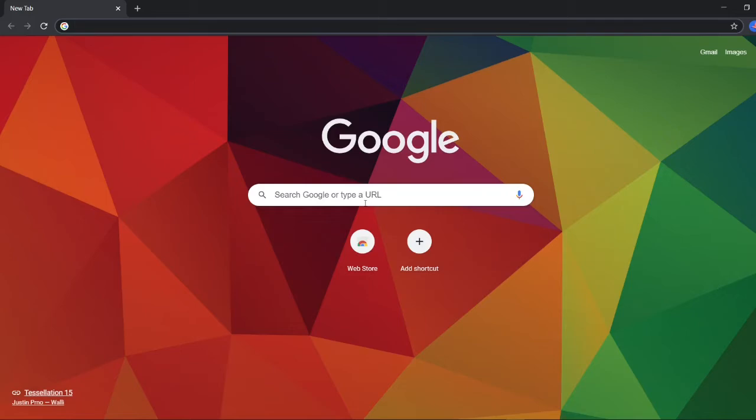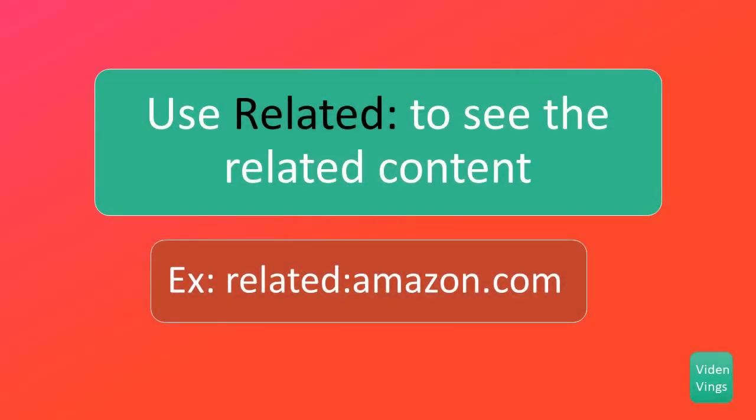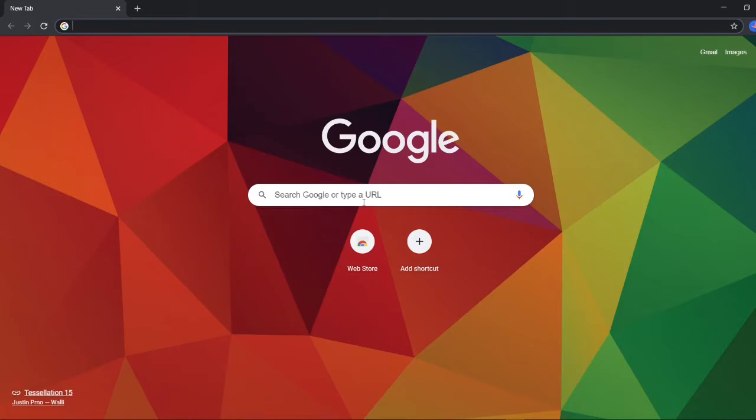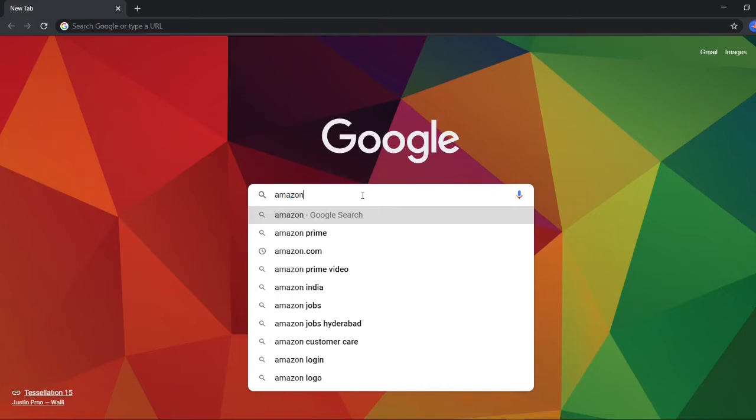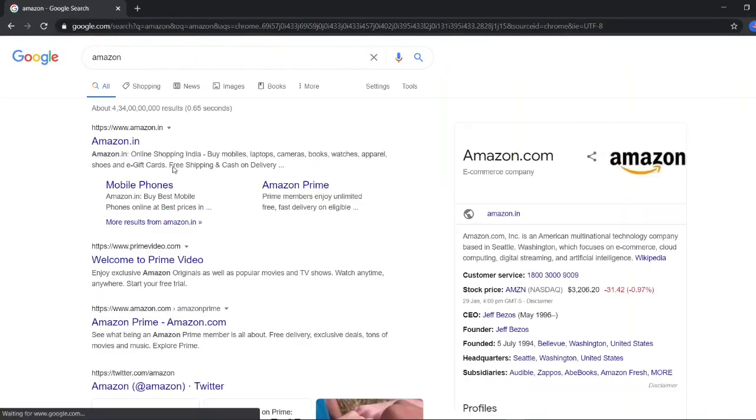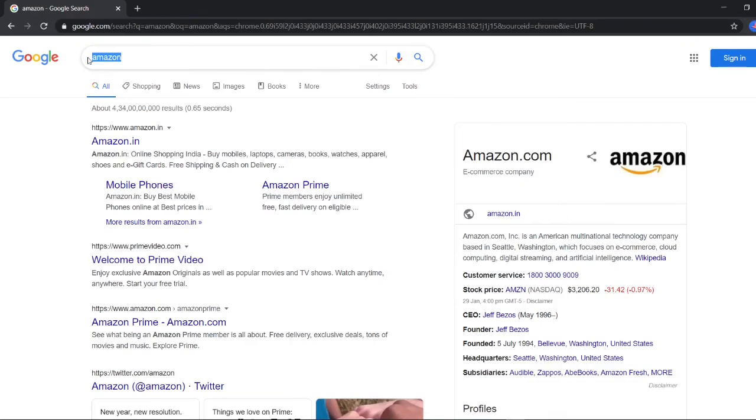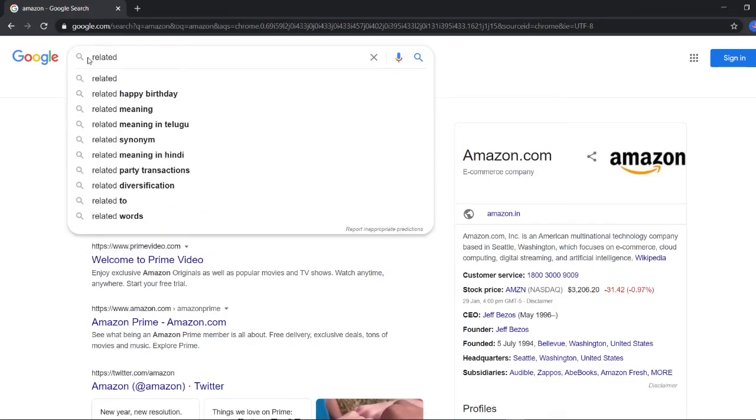So moving on to the next item, let's say you have come across a website that you find very interesting and you want to find similar websites that offer the same kind of information. So there is a technique for that as well. So let's say I have come across Amazon and now I want to see all the other websites that are related to what Amazon offers. So for that, all I have to do is type related and colon